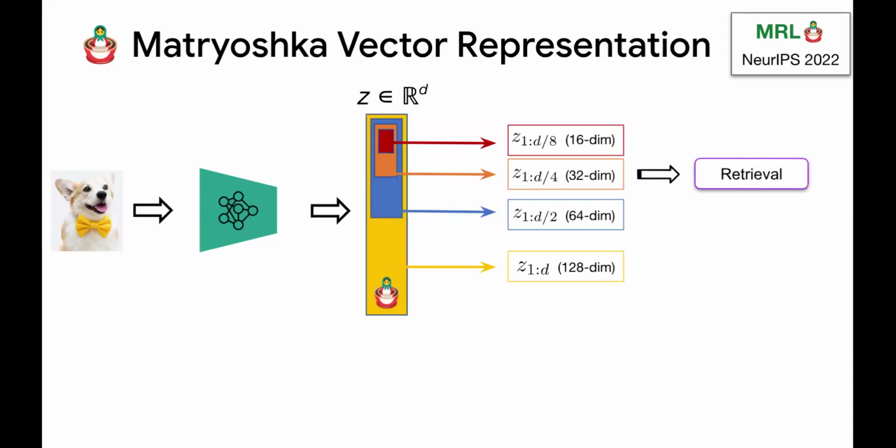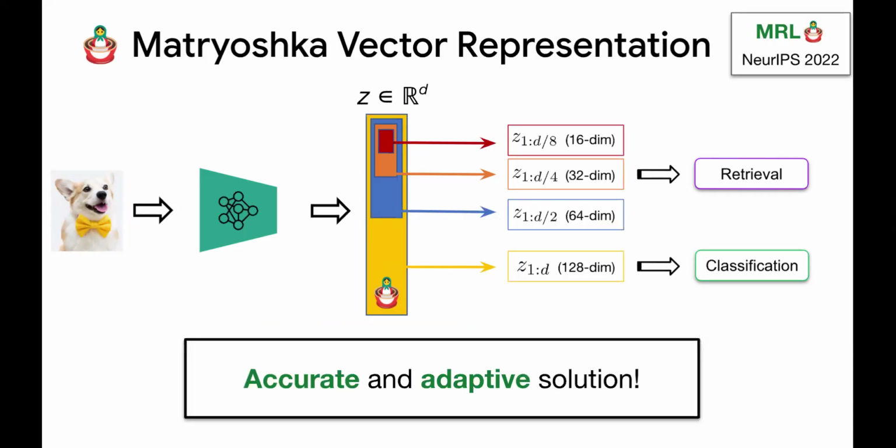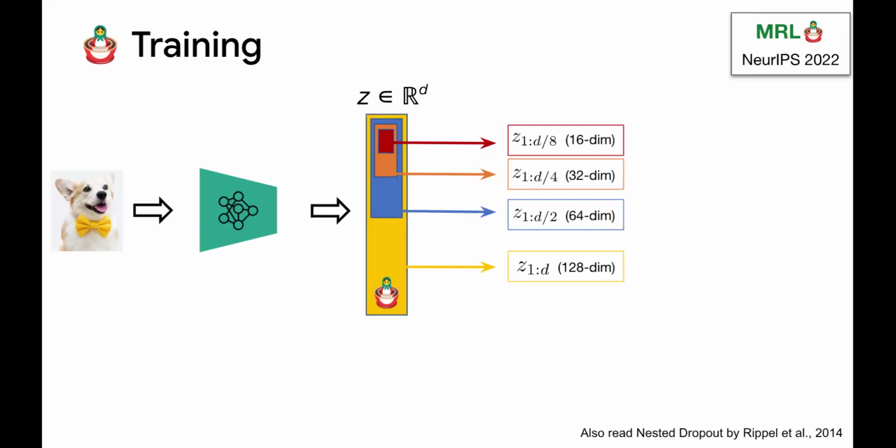So in short, when you have this vector representation and you have a latency sensitive task like retrieval or search, you just slice the first 32 dimensions and use the first 32 dimensions for all of your search. And you can use your 128 dimensions for all of your classification. Okay. And I'm going to show with some results that this is accurate and adaptive enough to solve the setting I initially proposed. So a question people ask me is, how do you reorder this information?